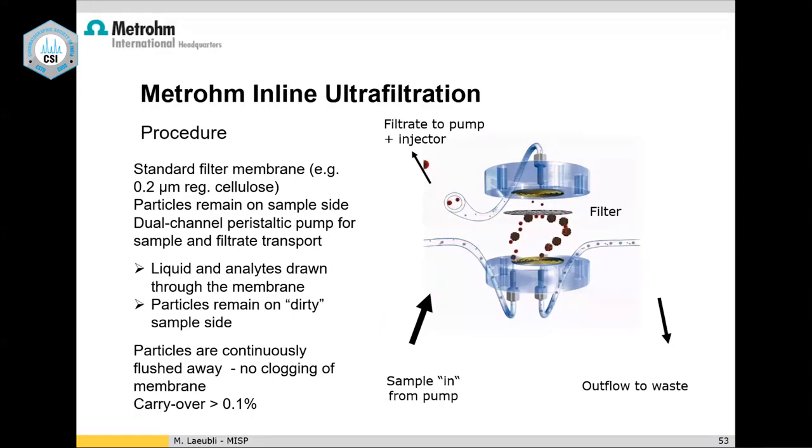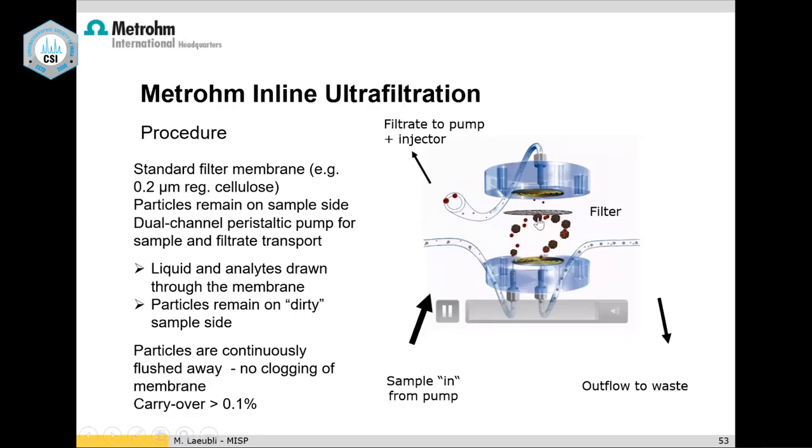This is really interesting. First, why we should filter the samples. That is because we are using 4 micron to 10 micron particles in the column. Even if a particle of 1 micron goes and sits inside the column, you can forget the column. So you have to maintain the column. That means you have to filter the sample. You have to filter the mobile phase with at least 0.45, but preferably 0.22 micron.